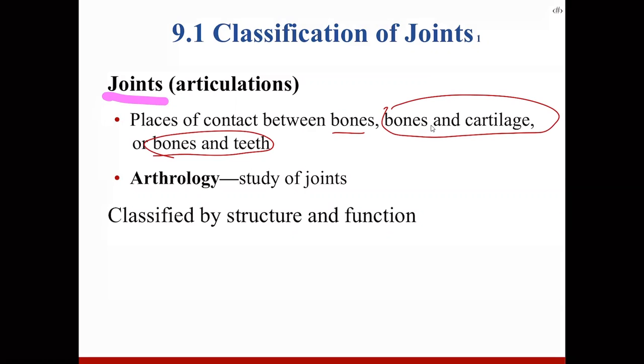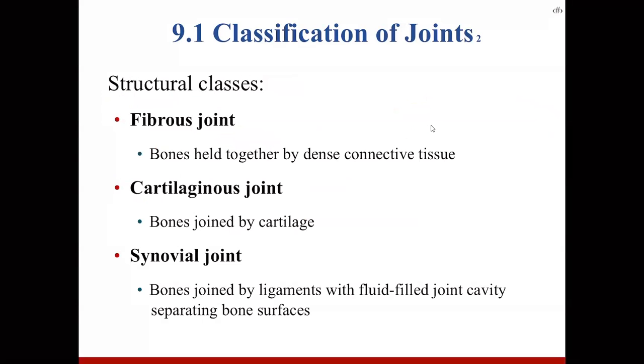So when someone studies joints, it's called arthrology. And the way that they organize joints or articulations is by structure and function. So everything we've been talking about, right, is structure and function. So it's based on their anatomy and also how they work. Okay, so if you look at structural classifications, there are